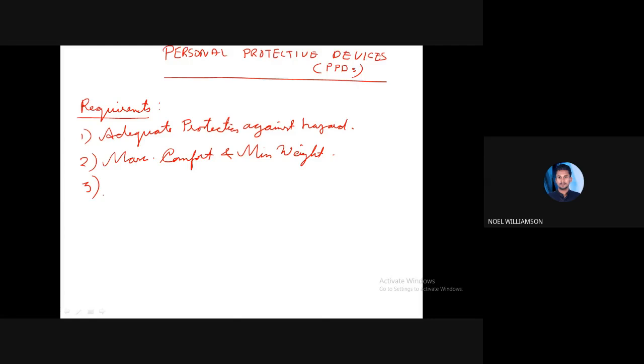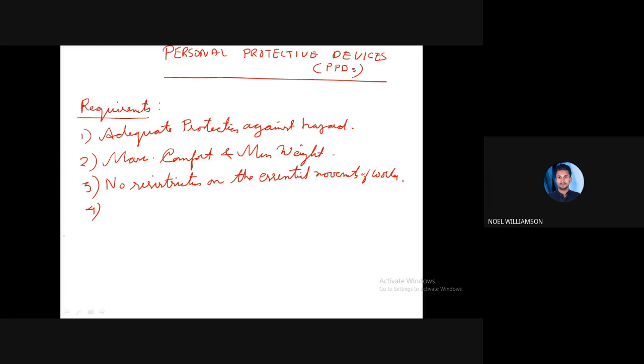So there should not be any restriction on the essential movements of the worker. That is the third requirement.